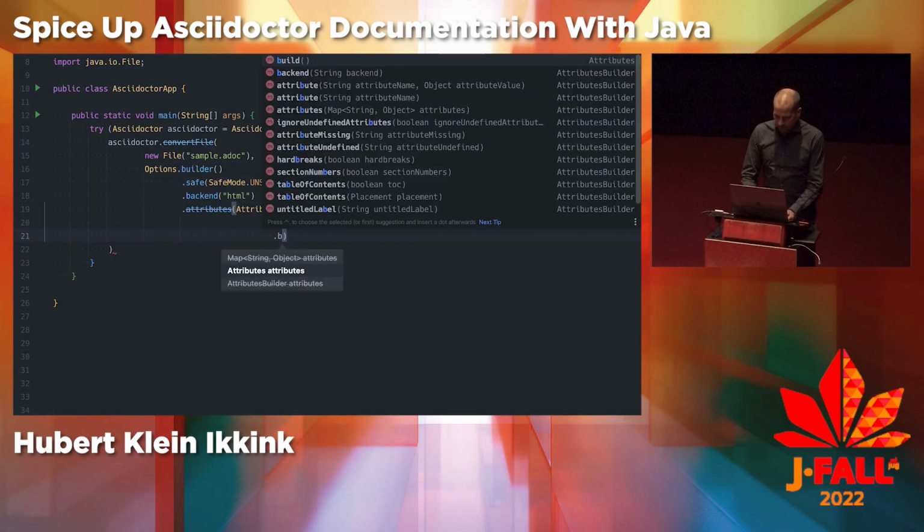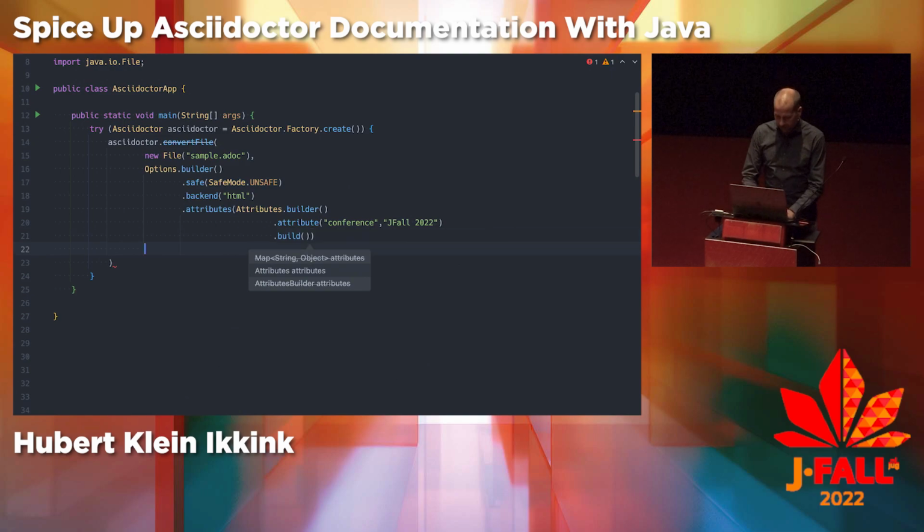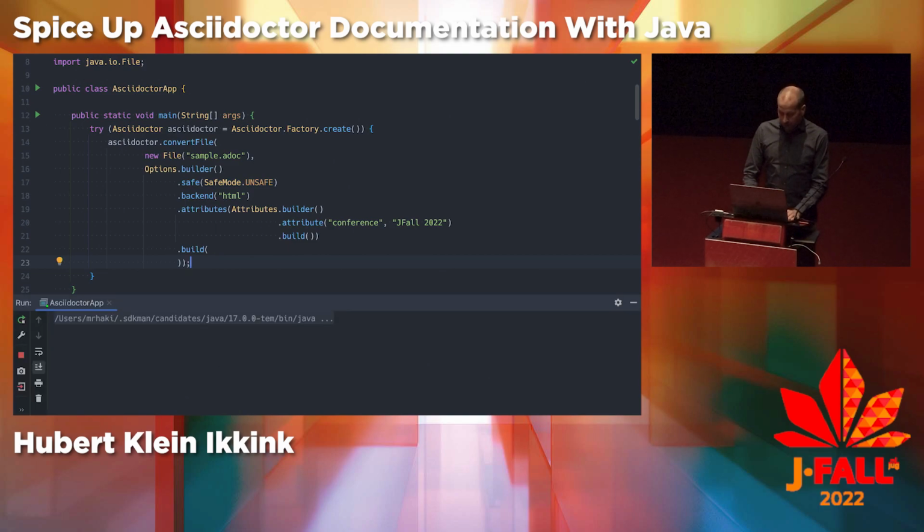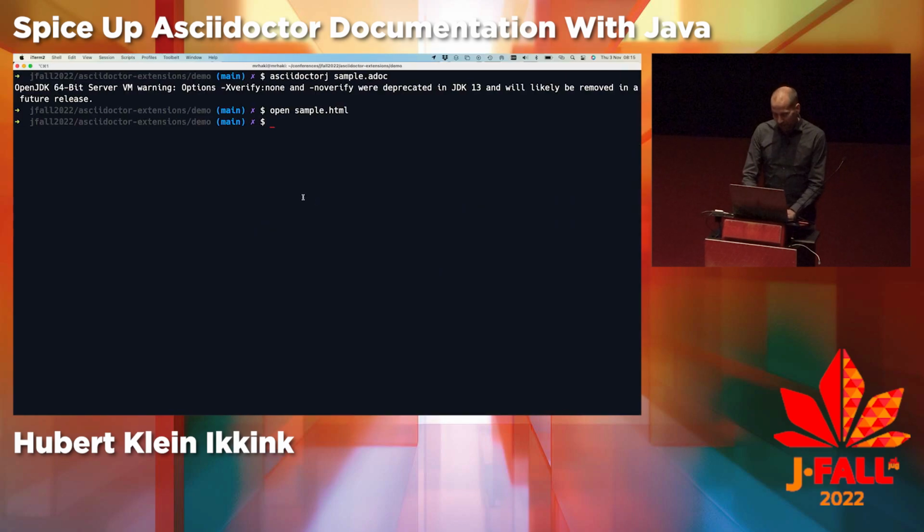And there's a build. And I need to do build here. There we go. So actually one method, convert file, provide a file name, provide a set of options, and when I run this, it will run the Java application, it will invoke Asciidoctor and then do the convert file, and it has now generated the file. If you don't believe it, I will just remove